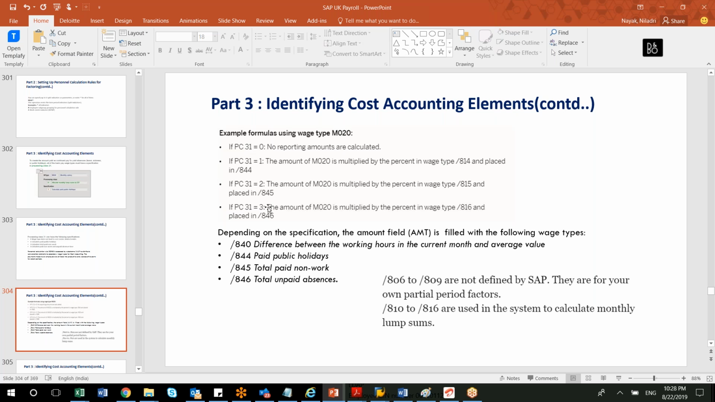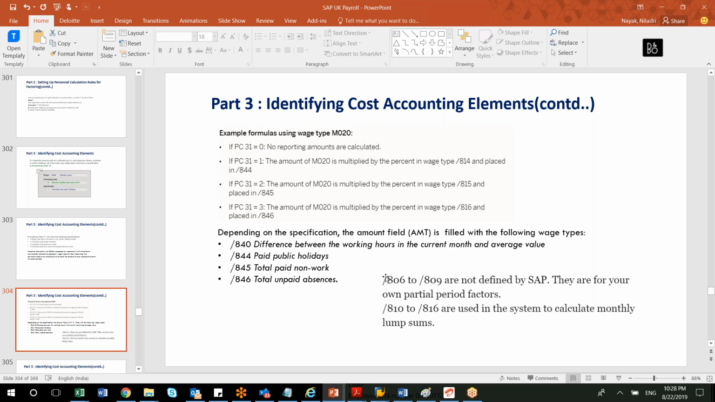Other than understanding the concept, you change processing class 31 to 0, then to 1, and take a screenshot of the payroll log on those specific values, slash 844 or slash 814, to see what value is coming. Similarly, you change processing class 31 to 2, repeat the same thing, and similarly for 3. You do all the changes and then you will automatically be able to understand,